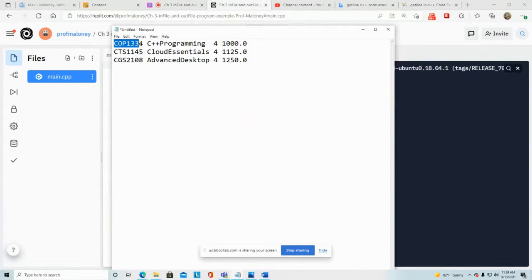But you need the spacing. So make it the way I've done it, even though I'm not grading it, so it won't matter per se. In other words, use COP 1334, all letters in caps. Then a space bar, and then C++ programming with no spaces. Then a space after that, then the number 4, then a space after that, then 1000.0. Okay? Then enter. On the second line, type CTS 1145, CTS in caps, then a space, then Cloud